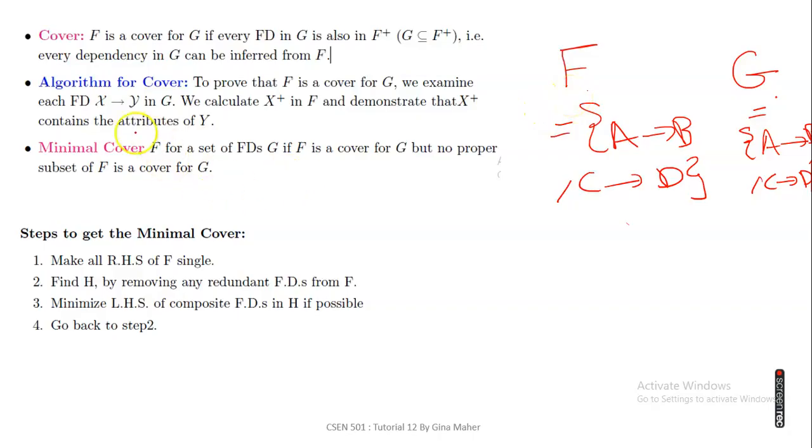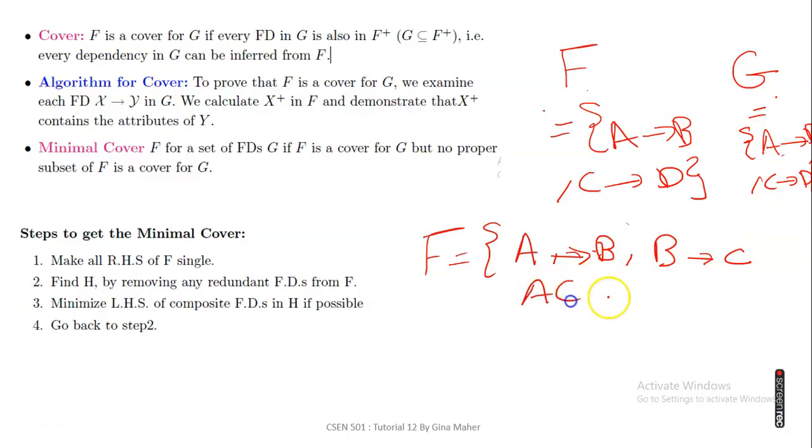Okay? We should examine each dependency in G and calculate its closure from F. Okay? If the dependency is then found, then they cover each other. Let's take an example. Assume that F is made of A implies B, B implies C, AC implies D,